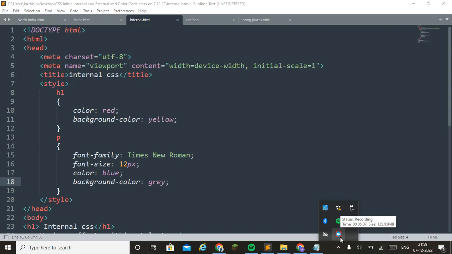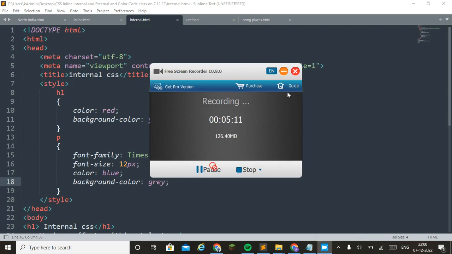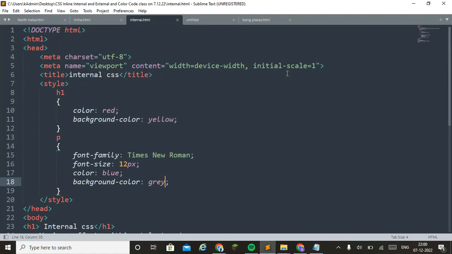We need to create two pages. One is our HTML page and another is our CSS page. So the effect will come from CSS to HTML. How to link HTML and CSS? The main page layout will be created in the HTML page, but the style and effects that we need to give on that particular page will come from the CSS. So that will be created using external CSS.